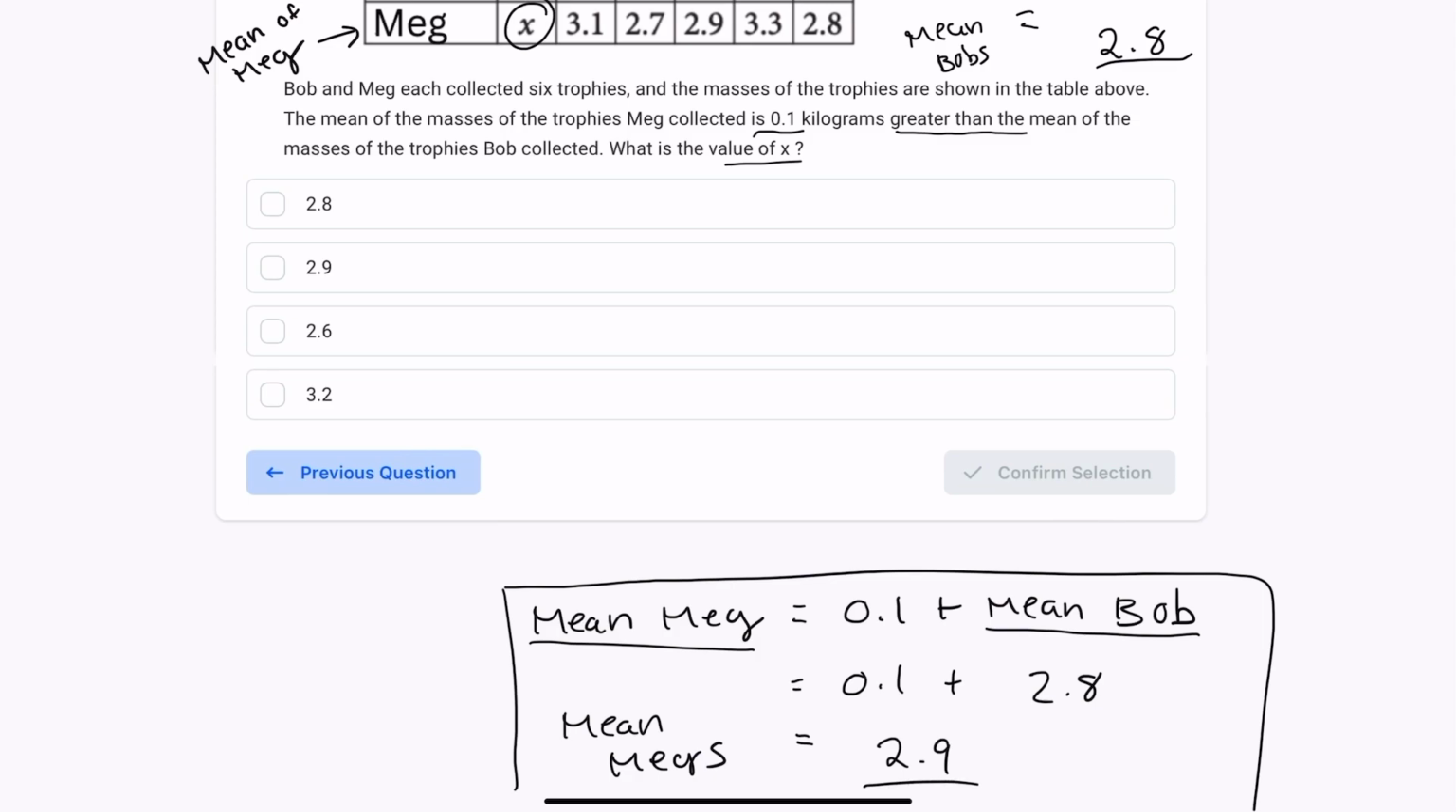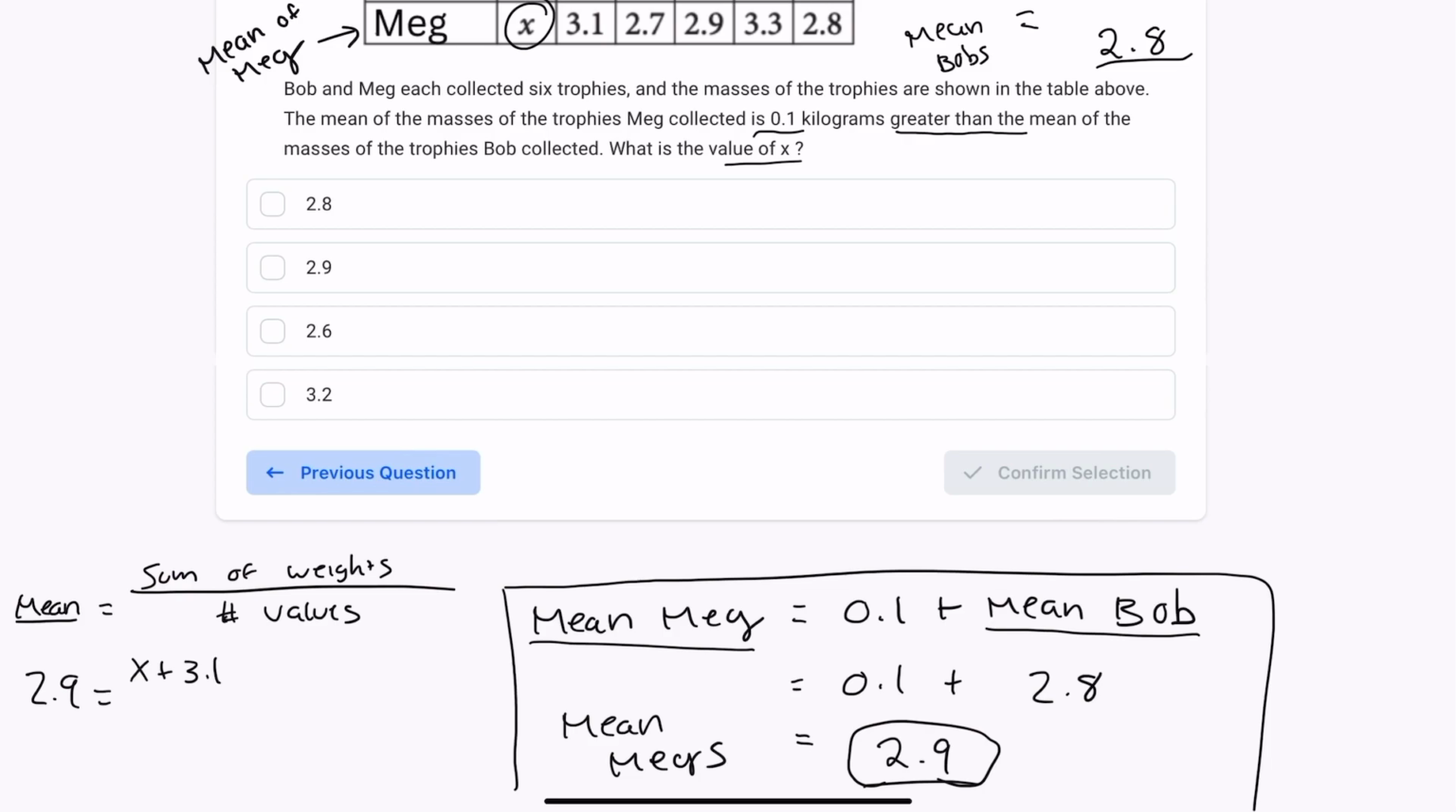Okay, that's great. So how can we use this to solve for X? Well, how would we figure out what the mean of Meg's trophies was regularly? We'd do the same thing, right? The mean would be equal to the sum of Meg's weights over the number of values. Well, we know what the mean is. We just found it. It's 2.9. So 2.9 is equal to X plus 3.1 plus 2.7 plus 2.9 plus 3.3 plus 2.8